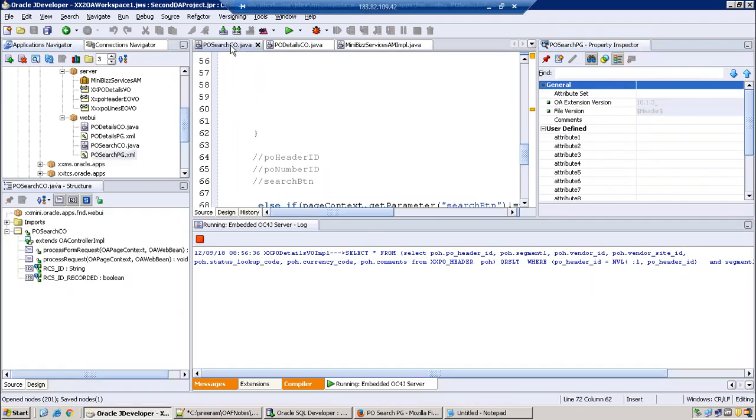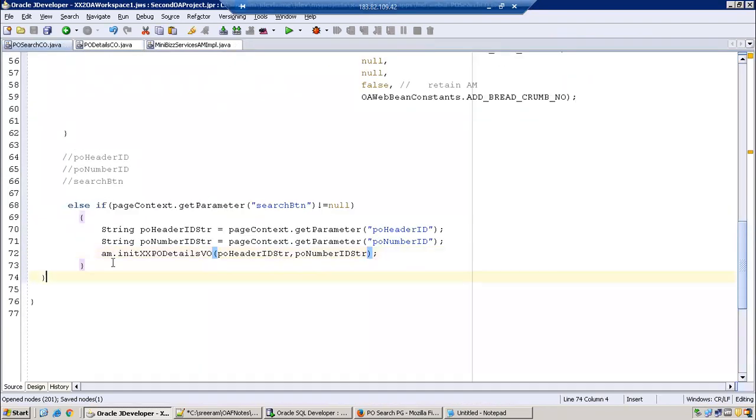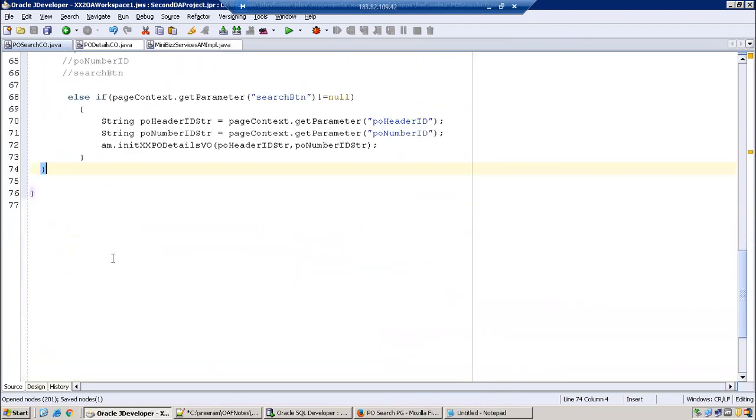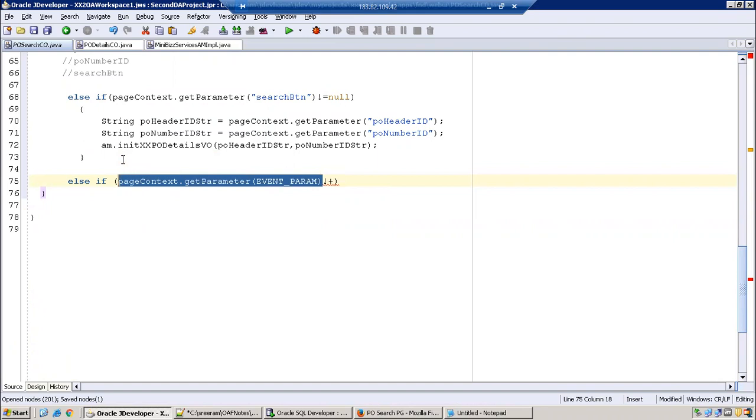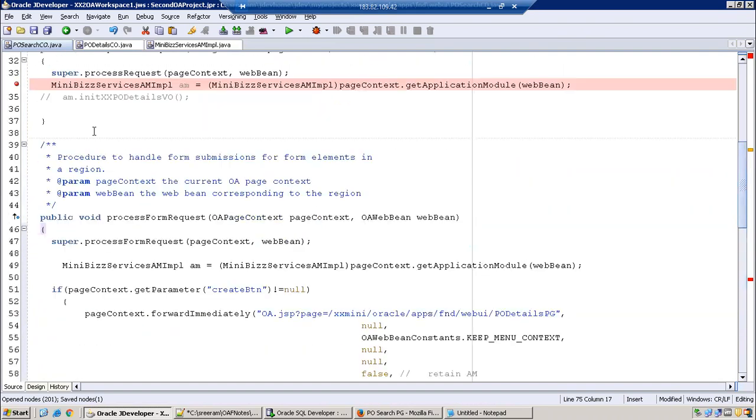Now in the PO search CO, what we require, just else if page context dot get parameters. I'll just assign this event, that's the easiest way.